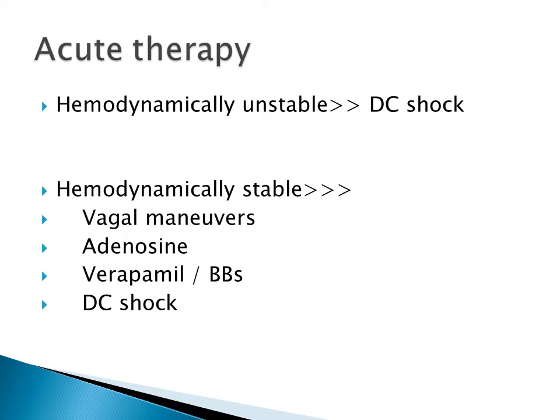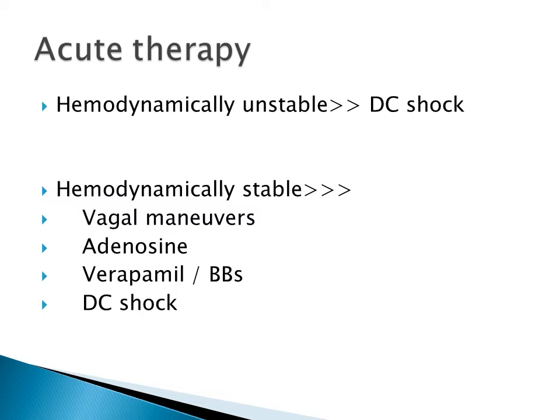So if the question asks about the acute therapy for a patient presenting with supraventricular tachycardia, you will ask yourself if the patient is hemodynamically stable or unstable. If the patient is hypotensive or presented with acute severe chest pain or acute pulmonary edema and SVT, so this is a hemodynamically unstable patient, and the treatment here will be DC shock, using synchronized DC shock starting with low energies. So no need for high energies, starting with 50 joules would be enough for these cases. For a patient with